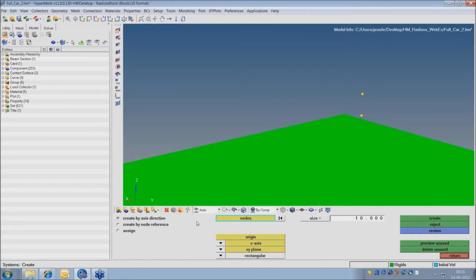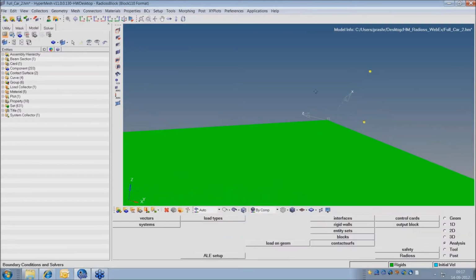Analysis, systems, and that will be the place where I want my coordinate system, and origin is also the same. X is this and Y is this. I'll just increase the size of that coordinate system for better visibility, and I'll say create. Now you can see a local coordinate system got created with X being this direction that I selected. Fine. So now I'll use this coordinate system to create the load or the force.